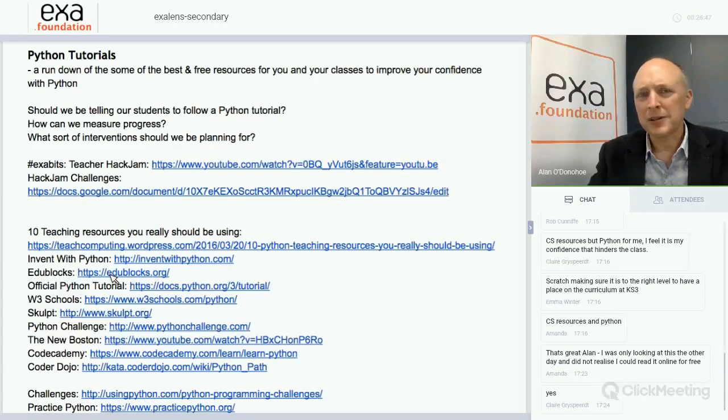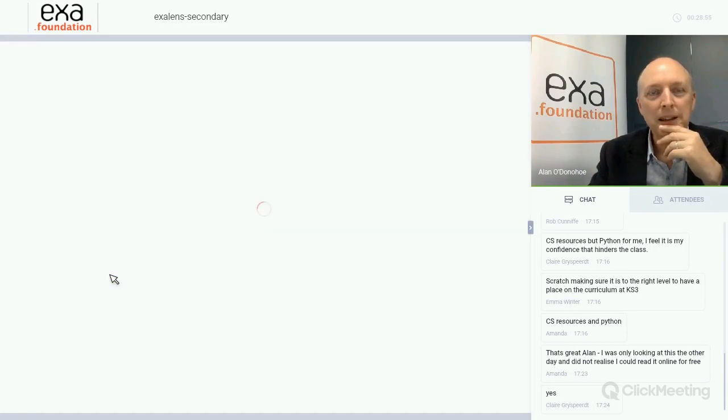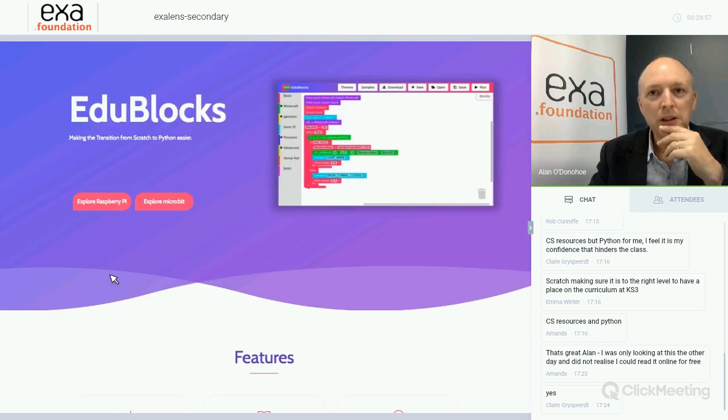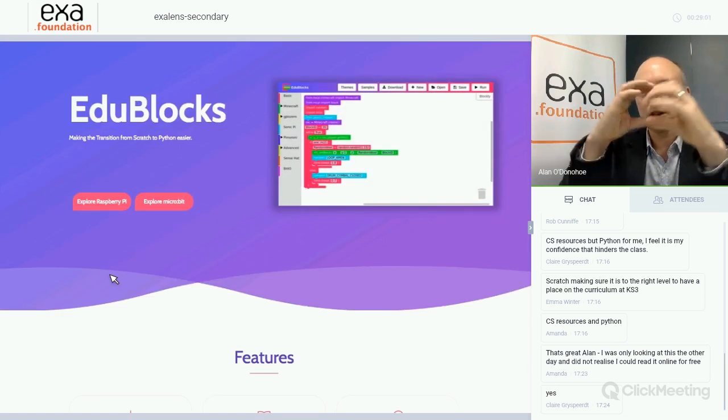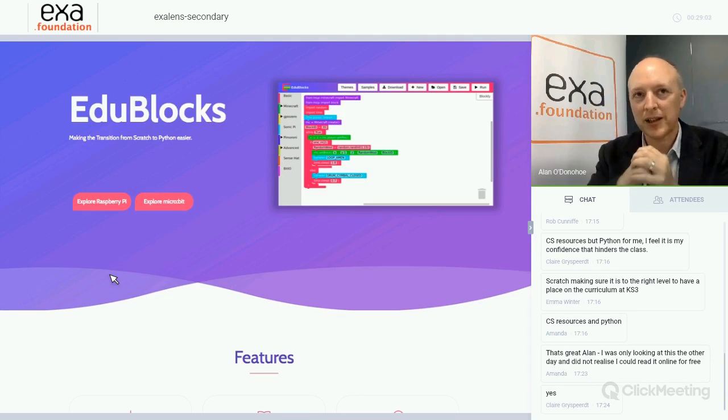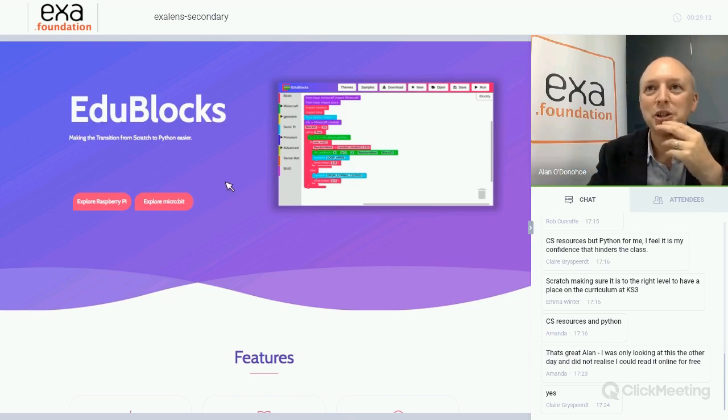So you're thinking, hang on, we've already got Python. Why do we need EduBlocks? Well, EduBlocks sits as a very, very nice segue between Python and Scratch. We know that Scratch is a block-based programming language, and because all the blocks fit together in various permutations, you can't get it wrong. You can't get the syntax wrong. Well, Josh has taken Python and turned it into blocks, and this is EduBlocks.